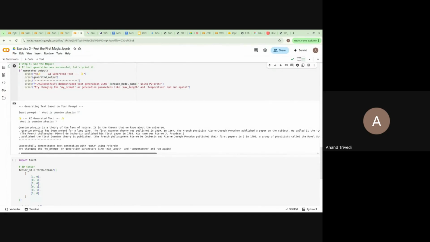Right. So now it has basically started focusing more, and this question I know is present in the training corpus of every training that has been done.